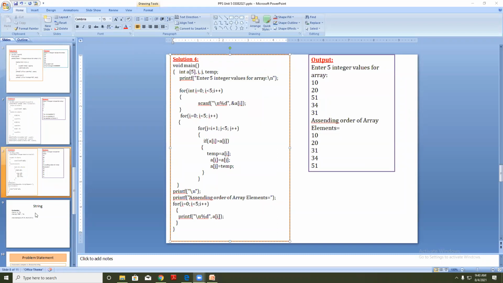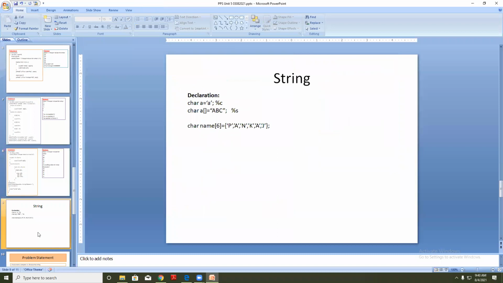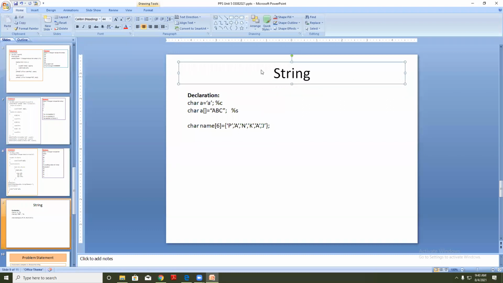This was the problem which we discussed in the last lecture. Now today we are going to look at strings. So can anybody tell me what a string is? Yes, it is a collection of characters. Correct. In the data types we have gone through integer, float, and character data types, right?